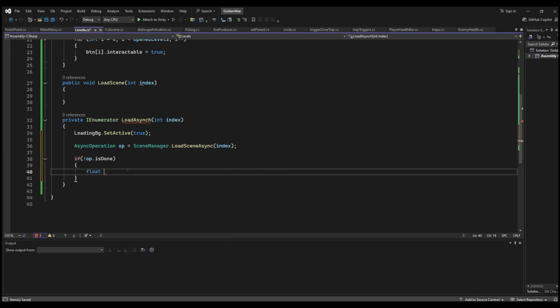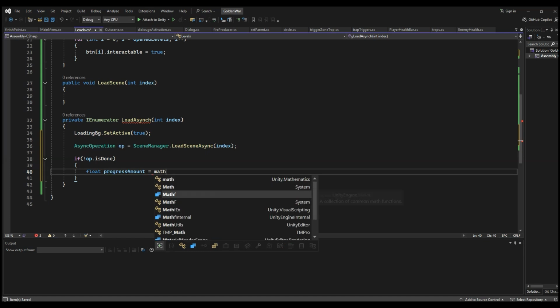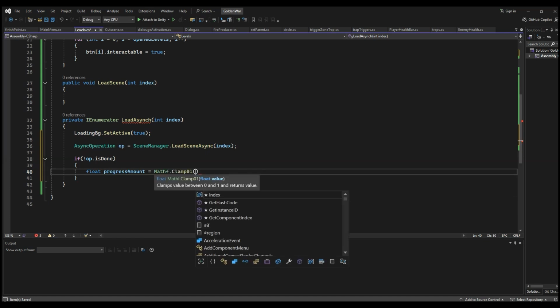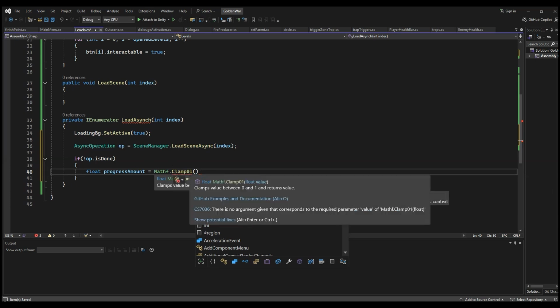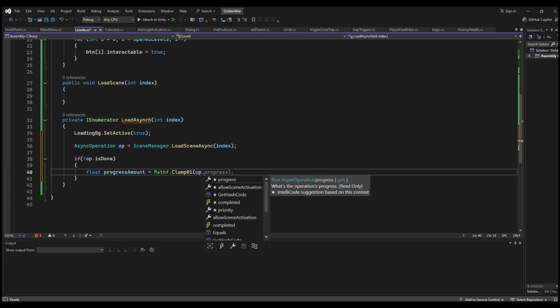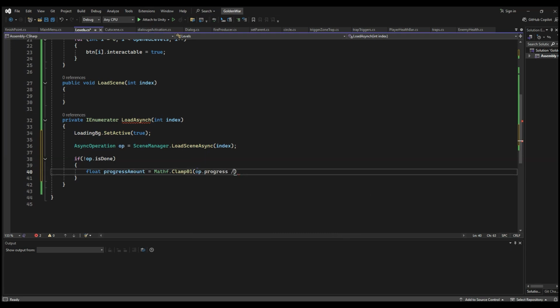Let's see, float progressAmount. Okay, how much it has been completed: Mathf.Clamp01. So it will be between the clamps, as you see here. It returns a value between 0 and 1, something that we use for the slider. Then we say op.progress